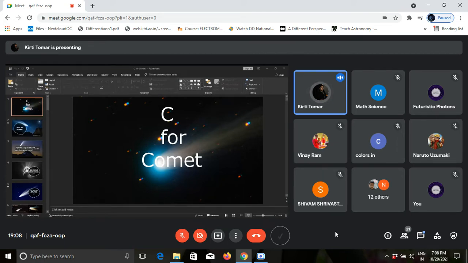The nucleus is a solid body, typically a few kilometers in diameter, made up of a mixture of volatile ices and organic dust particles. The coma is a freely escaping atmosphere around the nucleus that forms when the comet comes close to the sun and the volatile ice sublimates. The coma is created as the ice in the nucleus is warmed by the sun and it vaporizes, carrying with it dust particles that are mixed with the frozen ices in the nucleus, and the curving tail is typically white or yellow in color.